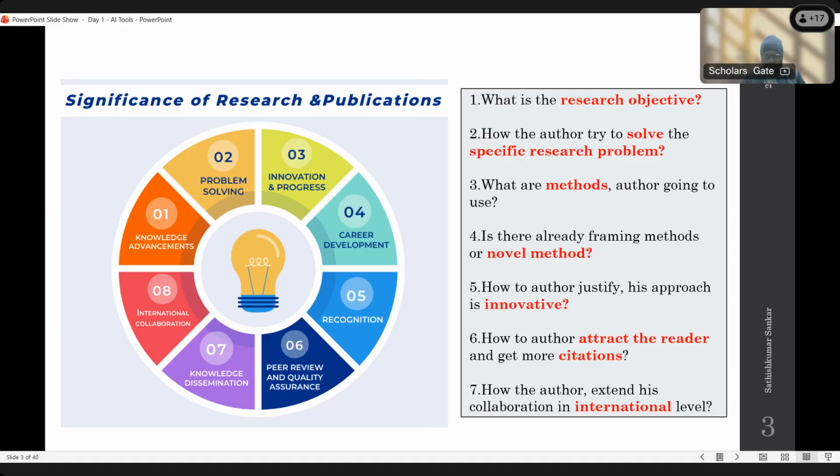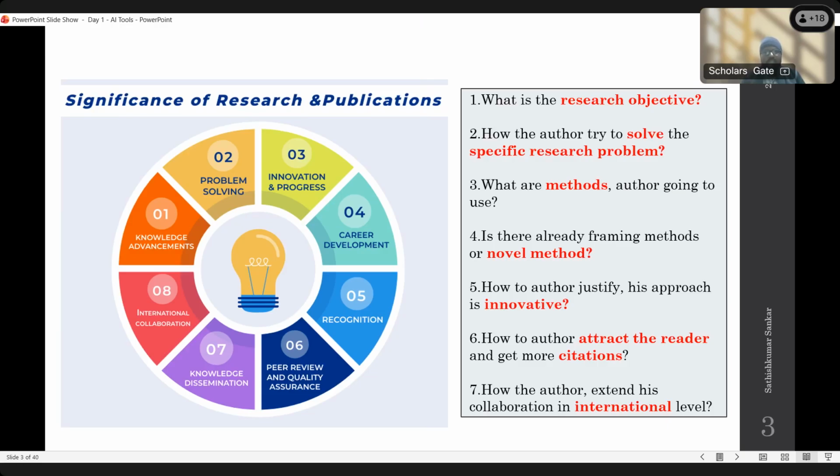Once we have started our research, there are different types of research questions. Before starting research, we must ask: what is the research objective? That is the big thing. The research objective should be strong and robust, so that you can carry out the research, because if you start today, you will complete your research after a minimum of 4 or 5 years. Until then, the research objective should be valid and novel. Based on that, we can frame our research.